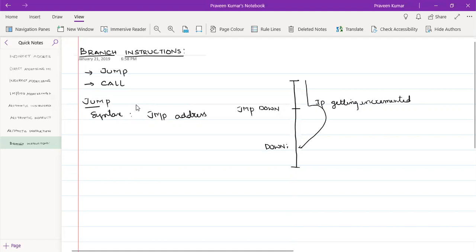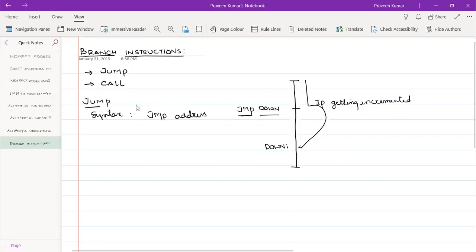Now the assembler, which converts this instruction into machine language, substitutes the address of down for this jump, and the address of down is substituted in the down label.